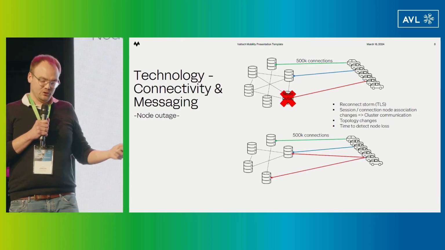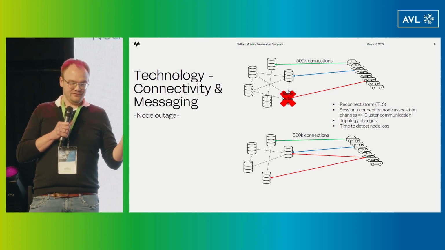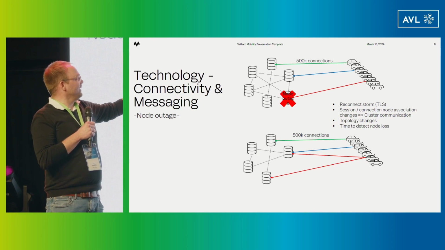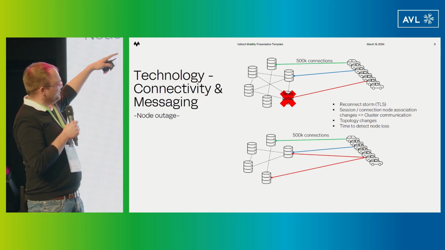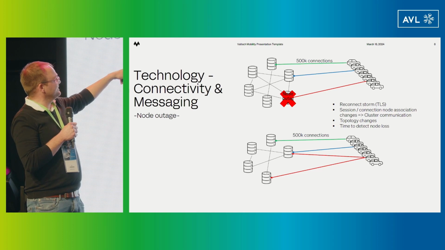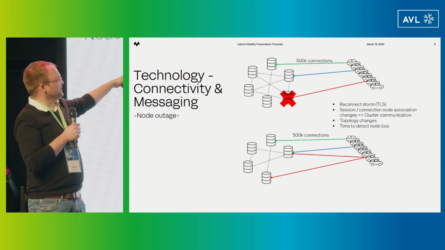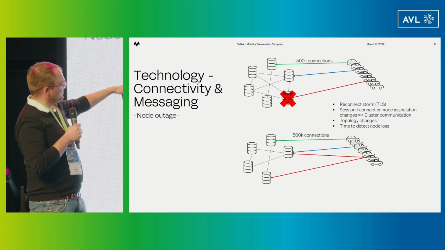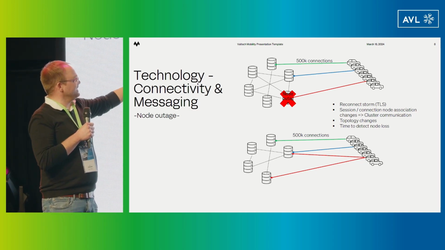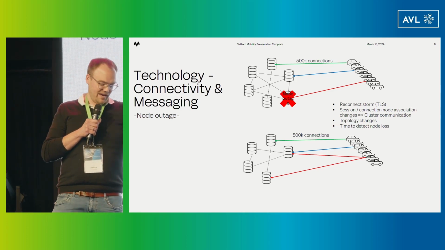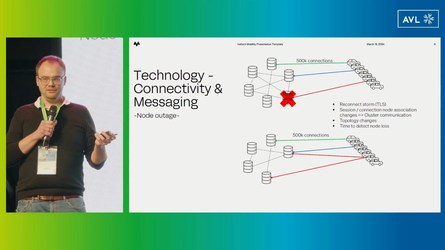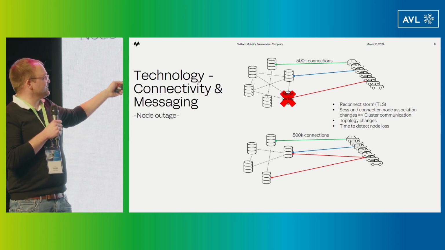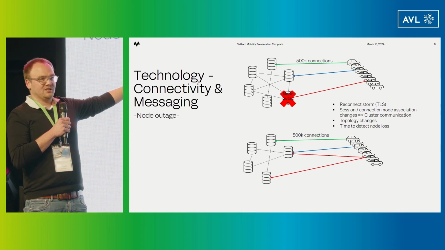The next thing is a little bit different, but a small version of it. So you have a single node outage. You also have the reconnect, but with a single node which fails, you have a topology change, and you have to prepare for that. So you need time to detect the node loss, and you also need the message synchronization. The MNO outage is quite improbable, but this you normally have to do maybe not on a daily basis, but weekly, when you want to update such a node.